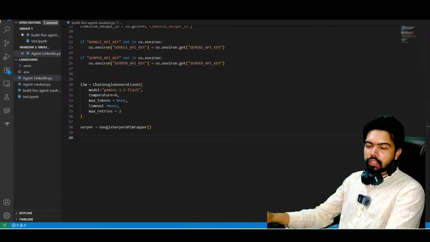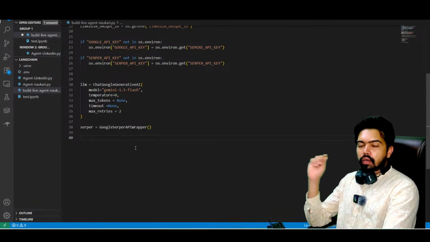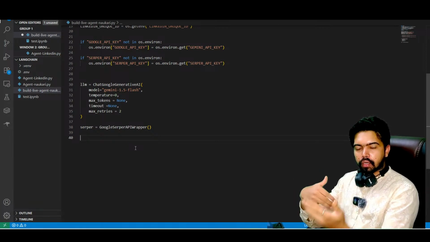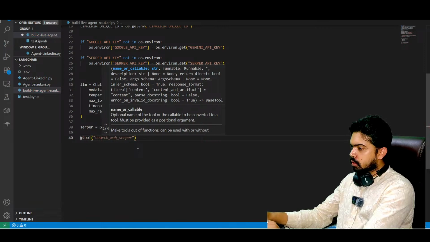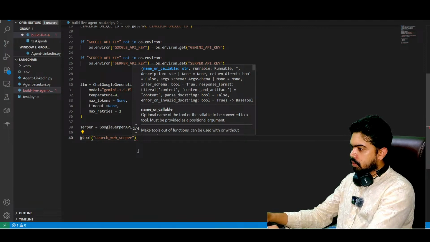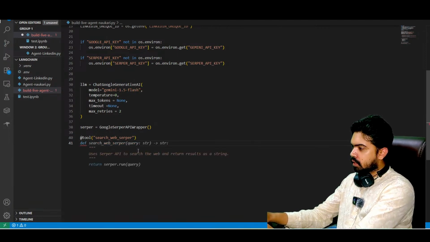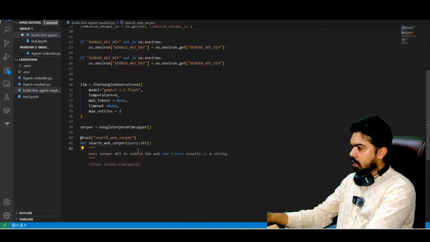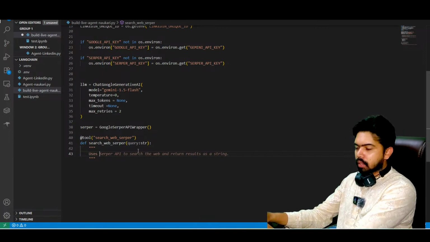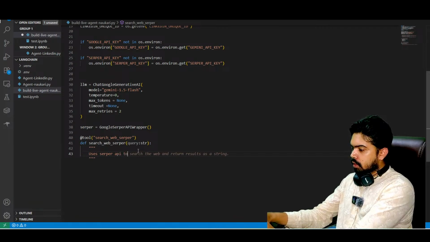Okay, then come the tools which we need to create. First, we will define our very first tool, that is a tool using the SERP API, where you pass a query and then it does an internet search for you. So that is @tool, and then you use search_web_serper. So this is a decorator which is required. Then you define a function search_web_serper. The AI has written the code, and we don't tend to type these things, and that's why I mostly write it myself, even if I'm using the code from OpenAI, so that I do not lose the practice and do not become lazy just copy pasting everything. So you use SERP API to search the web and return